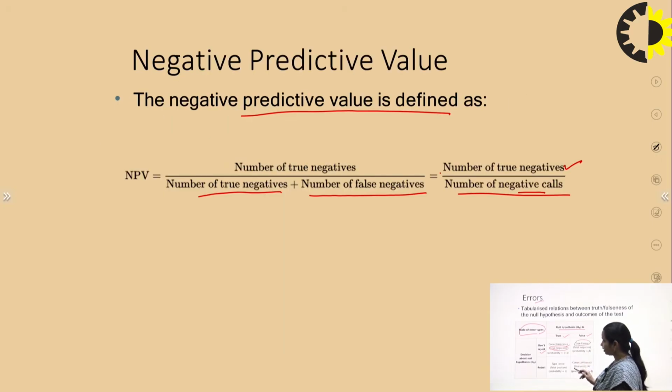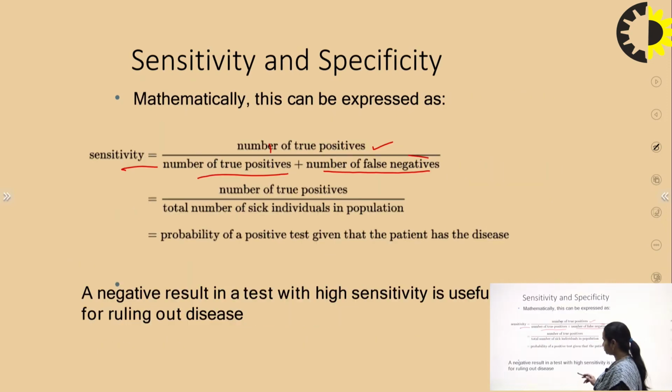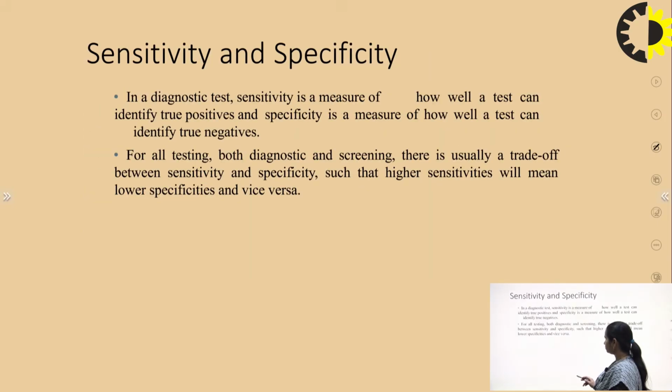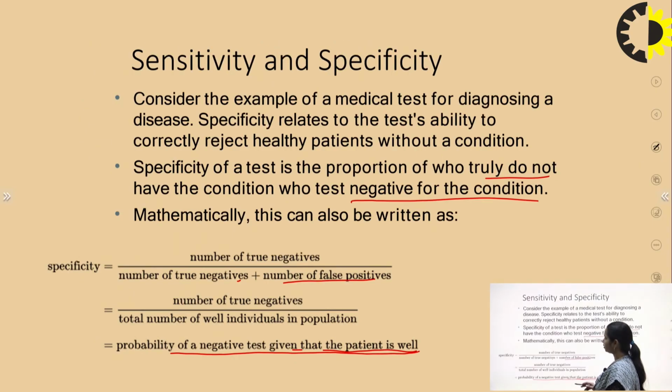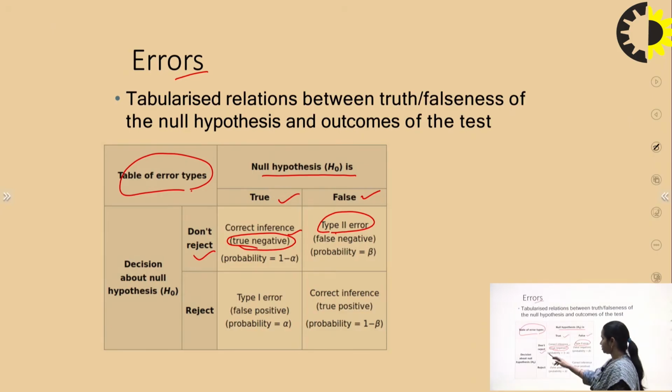Type 2 error. You have seen in the previous slide what the type 2 error is. That is false negative. False negative is type 2 error and false positive values are type 1 error. So, here let's come back. Yes. So, the correct inference is true negative. That will be type 2 error for false negative, and type 1 error will be for false positives, and this will be the correct inference for true positive.